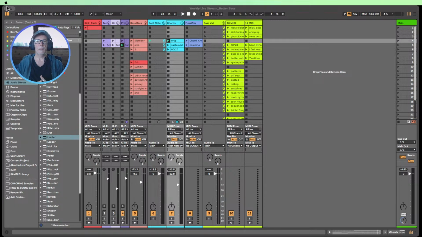Proven techniques to level up your basses, and we'll explore what makes a great bass line and how getting this right can give you a fat, dynamic, and amazing low end that will get people moving. Happy days. So join me as we work through these essential steps to take your bass from good to great.